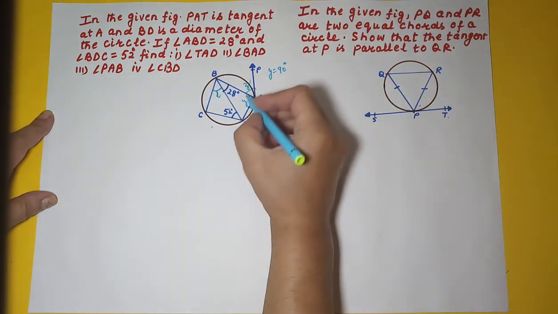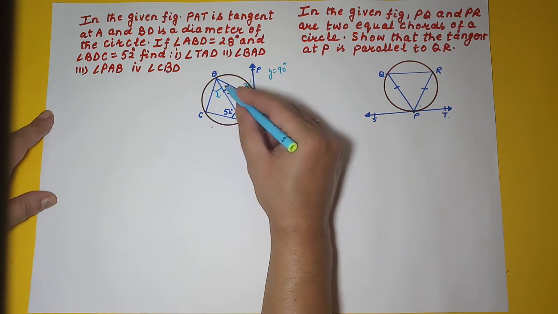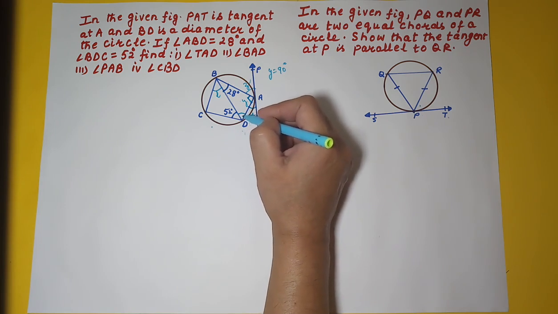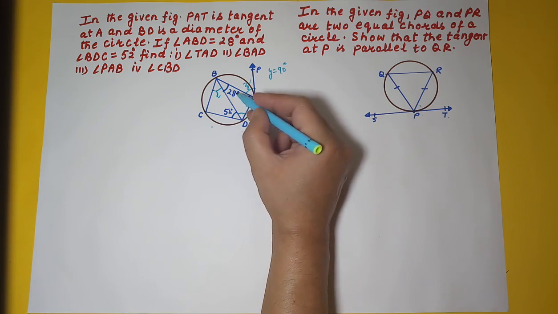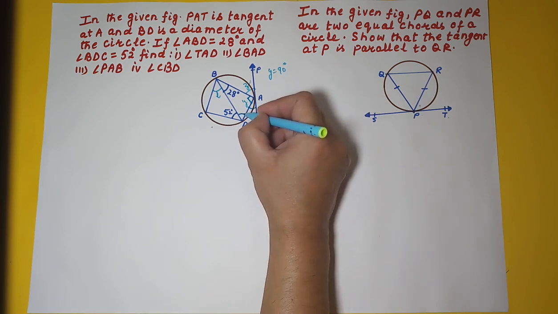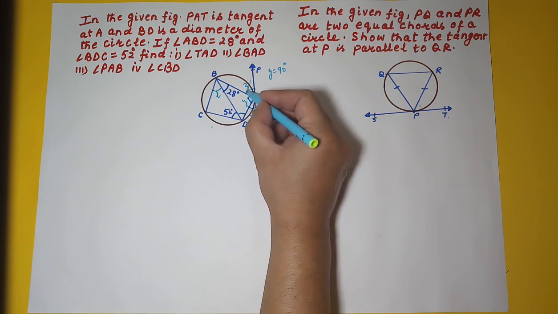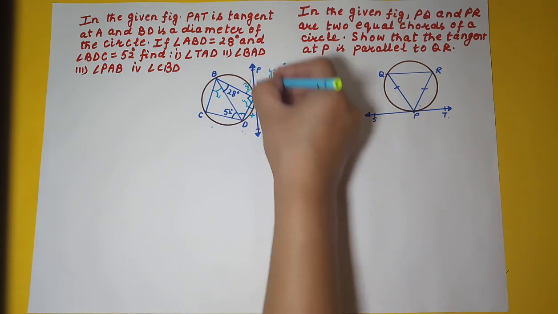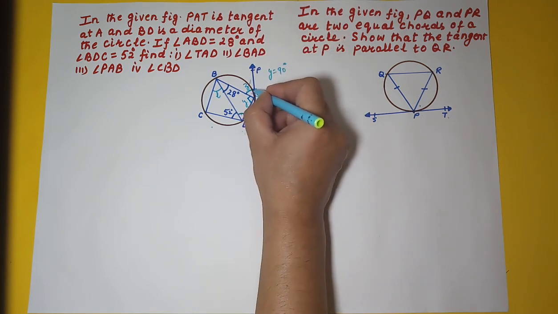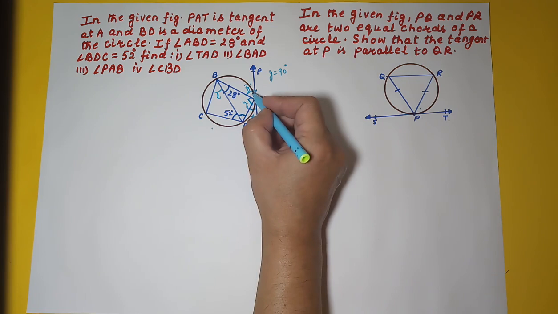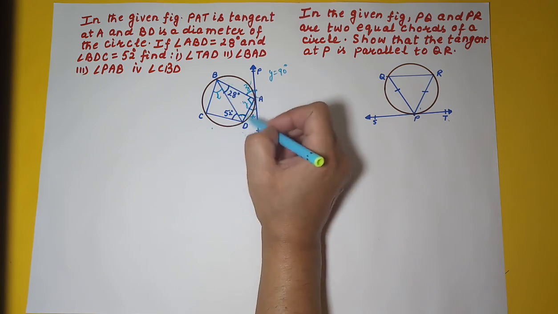Right? Then we can calculate this angle. Triangle sum property. 28 plus 90 plus this angle is equal to 180. So that is 180 minus 118, that is 62. So we will find this angle, right? So once we have found this angle, that is our PAB. Why? Because that is the angle in the alternate segment. This chord and this tangent make the angle through the point of contact, and it's equal to the angle made by the chord in the alternate segment, that is this.